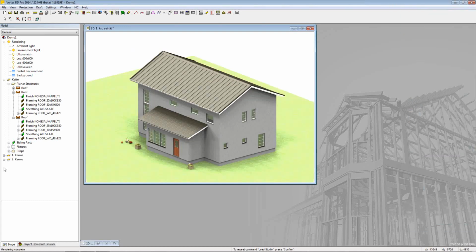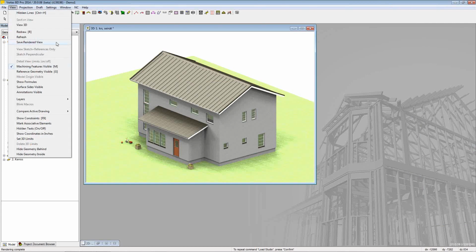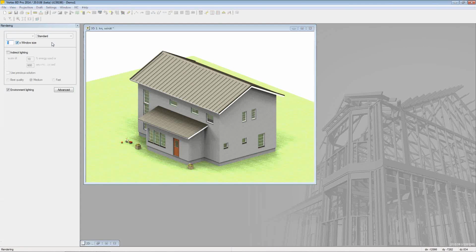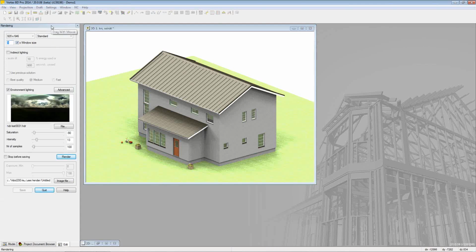Okay. And now if I wanted to save this image, I would go to View, Save Rendered View. This same dialog opens in a number of places other than this, but you can find it in the View drop-down menu. Okay, so this rendering dialog appears. And the first thing you have to choose is the resolution for this image. There's two ways of defining the resolution. You can either define it